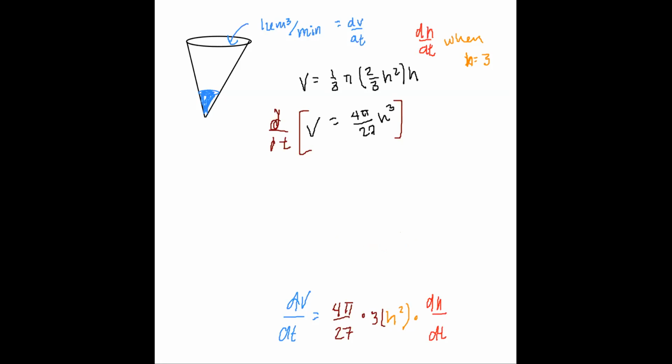And now we essentially have all of the parts that we need. We have these constants in this dark red, we have our dV dt, and we have our h squared. So I'm going to just start plugging stuff in. We're going to have 16 meters cubed per minute is going to be equal to